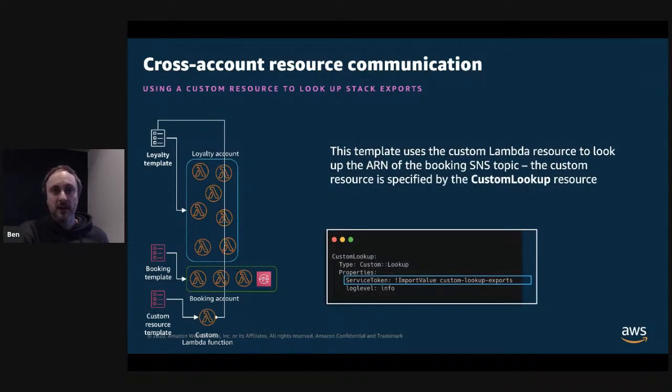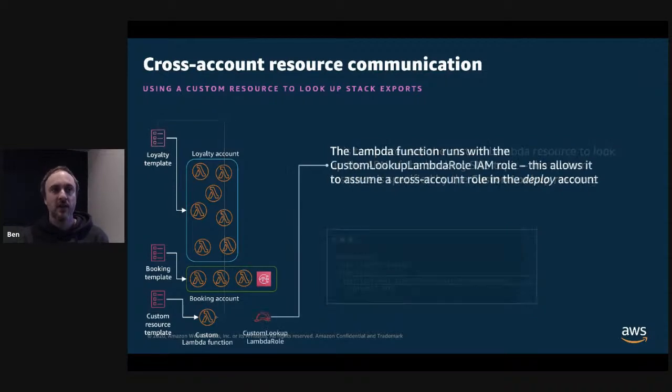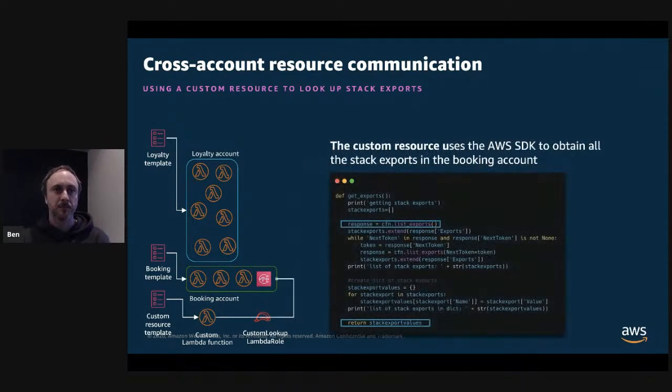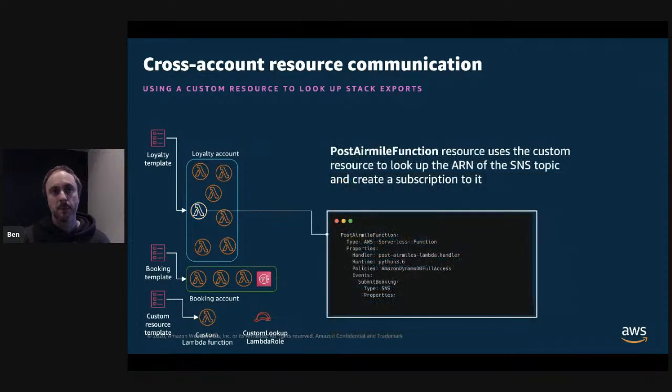Now, the loyalty template uses the custom resource Lambda function to return the ARN of the booking SNS topic. And the Lambda function uses an IAM role that's permitted to assume roles in another account. The custom resource Lambda function uses the SDK to obtain and return the stack exports from the booking account. And here you can see how the SAM template uses the custom resource to subscribe to the SNS topic ARN.